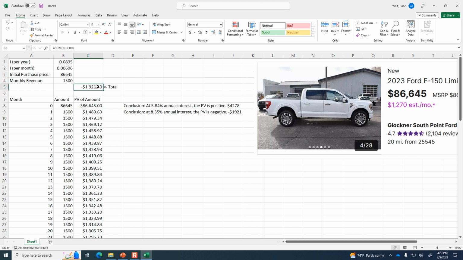Now, what does it mean it's negative versus positive? So the way I've been describing it so far, if you were going to take the loan to buy this truck, the revenue that you get each month, $1,500, some of that you get to keep and some of it you have to give to the bank, right? Because you're paying off that loan. So the portion that you get to keep is going to be positive if it's the lower interest rate, like over time, the value of the profits. But when it's negative, what that means is that you have to pay more to the bank on the loan than you're actually going to be getting back in the value of the